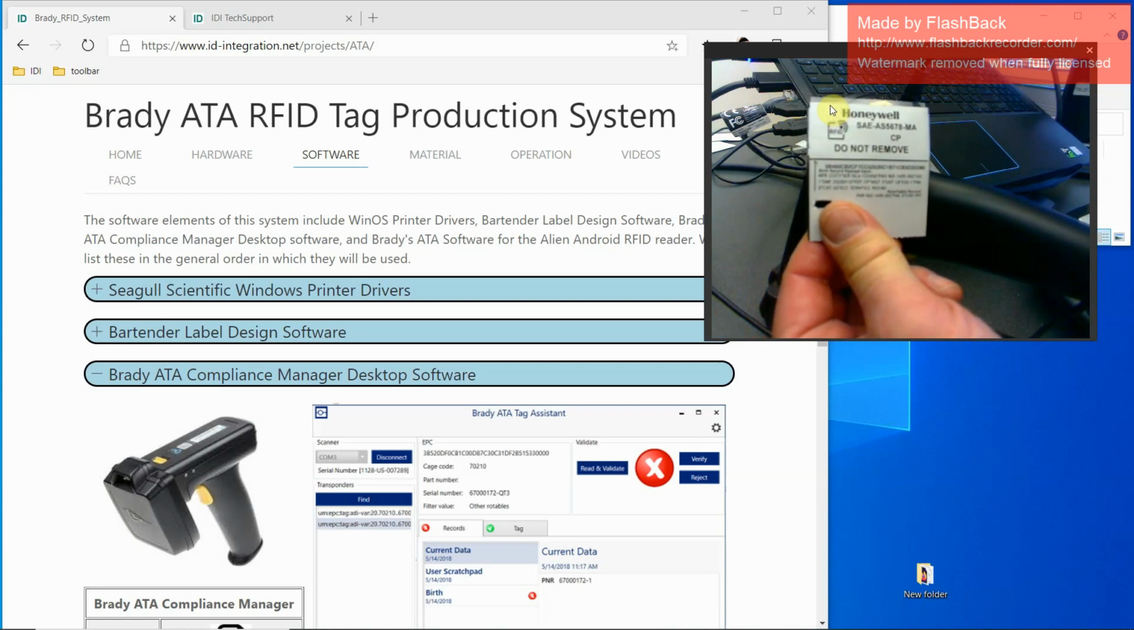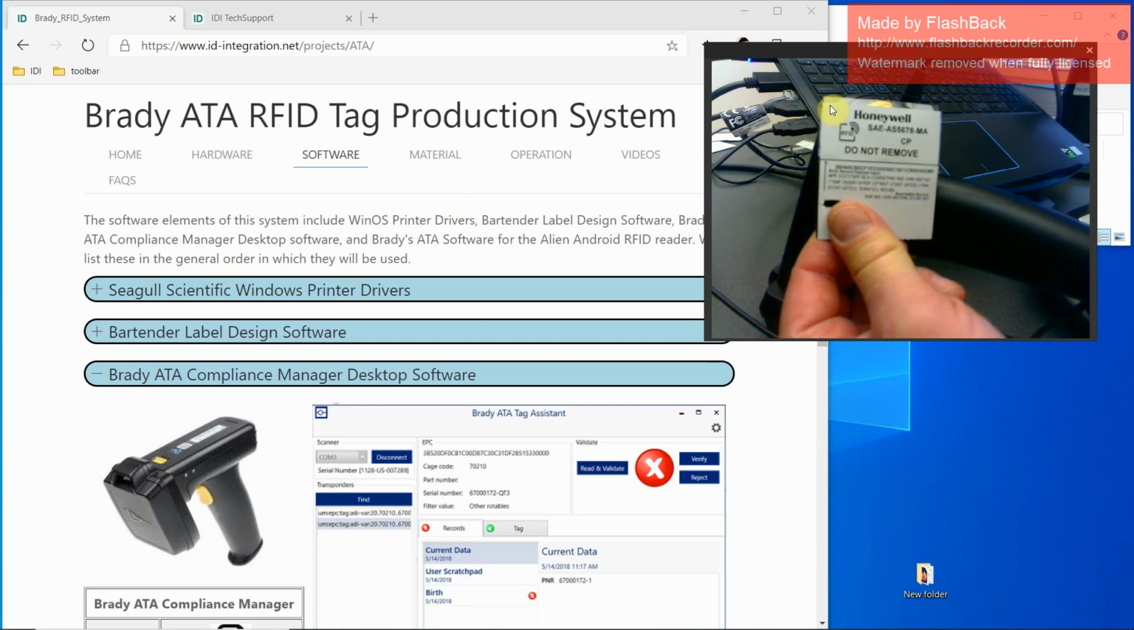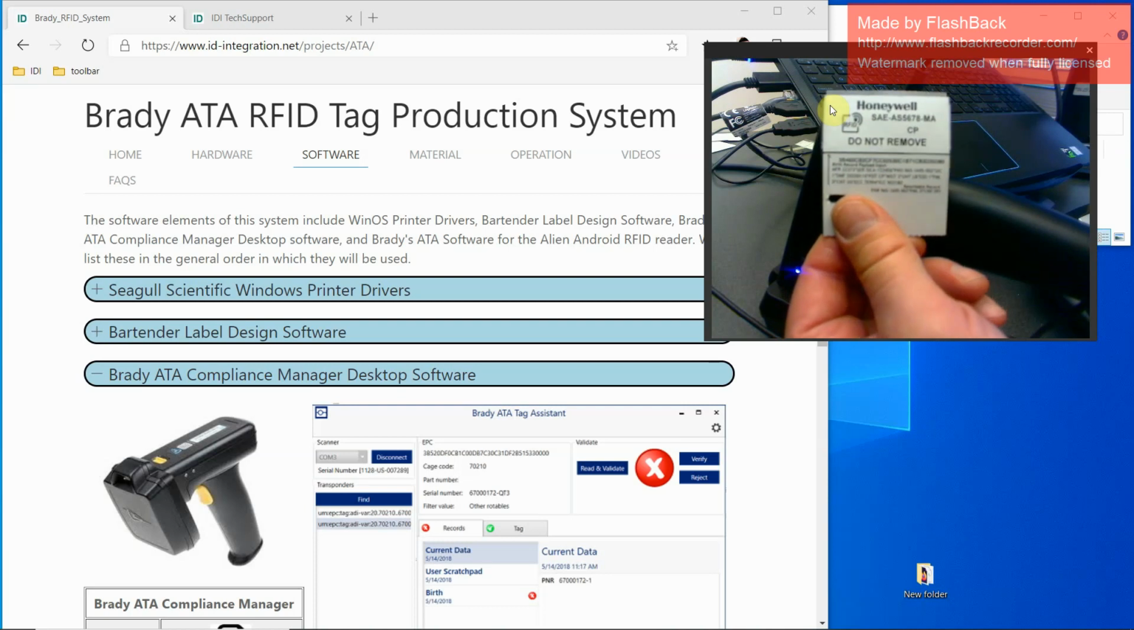So when we use the Brady print system to encode the tag, there's also a desktop software application they've created to validate that the data was properly written, and it can provide some kind of reporting capability that you can provide your customer or Prime, Airbus, Boeing, that says that you have created a tag that actually conforms to the standard. Okay, so that's what we're going to talk about today: ATA Compliance Manager, sometimes called Tag Assistant,